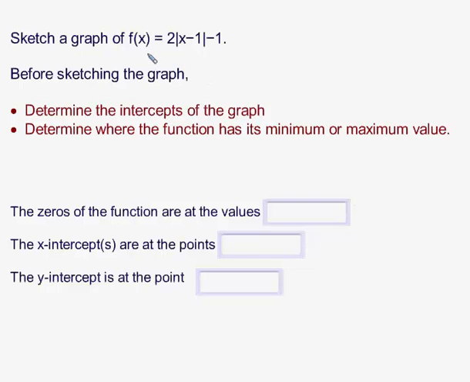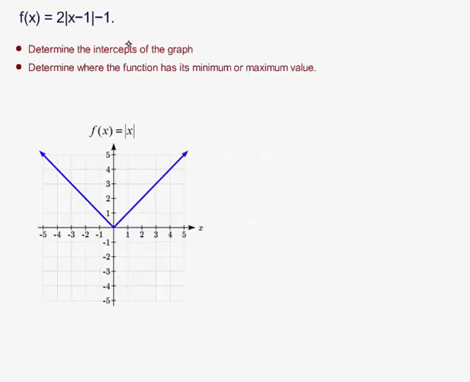In this problem, we're going to sketch the graph of the function shown here. To help sketch the graph, we're first going to determine the intercepts of the graph and where the absolute value function has a minimum or maximum value. So first I'm going to take the given function and find the x and y intercepts,